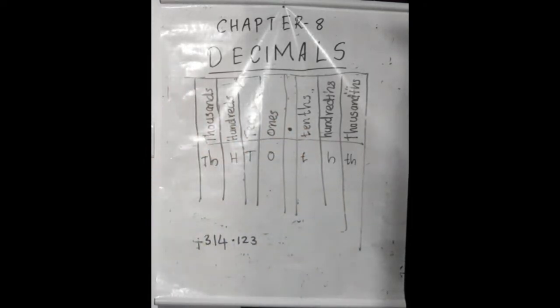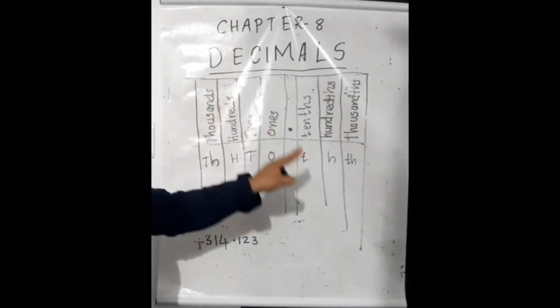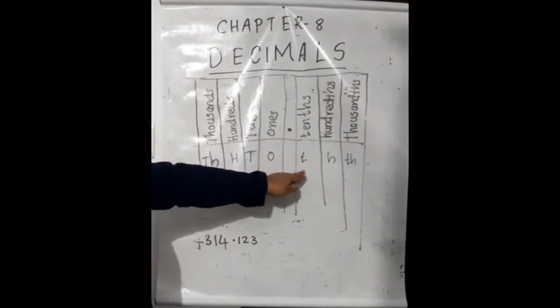What is the purpose of mentioning these in small letters and capital letters? While we are writing the place values of a number, or the expanded form, writing the full words on top may not be easy. Using letters is easier. That's why we use letters to represent them. So here we have thousands, hundreds, tens, ones, and after the decimal point, we have tenths, hundredths,